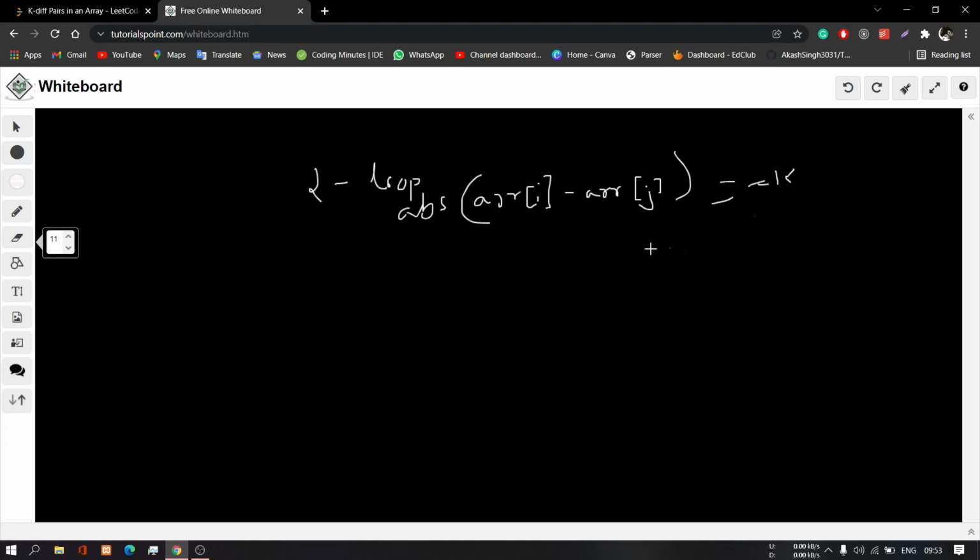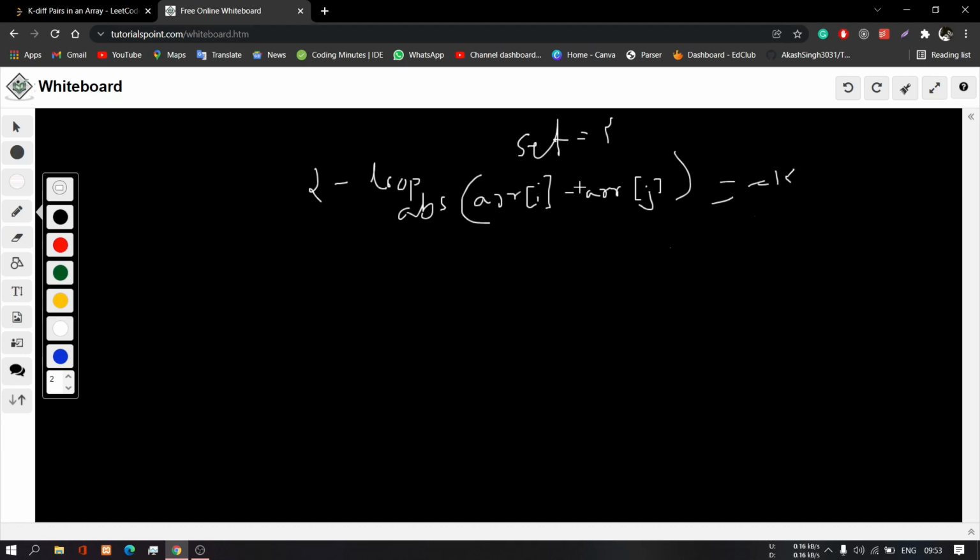What you need to do is maintain a set and put all these unique values in it. If arr[i] minus arr[j] is equal to k, put this i and j value in as a pair.